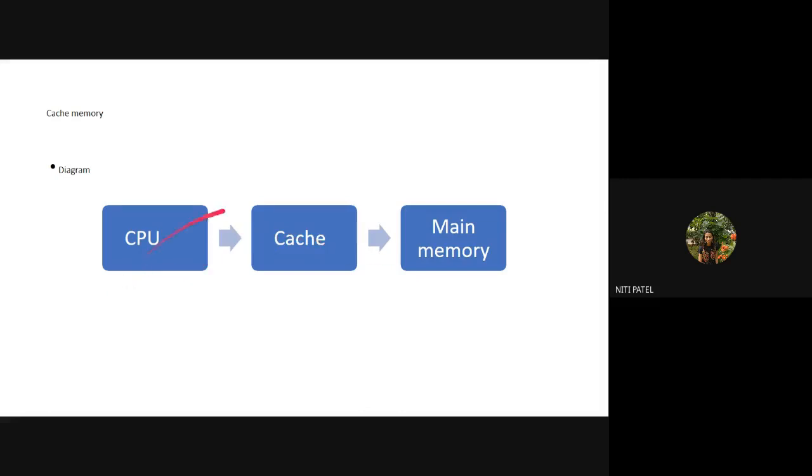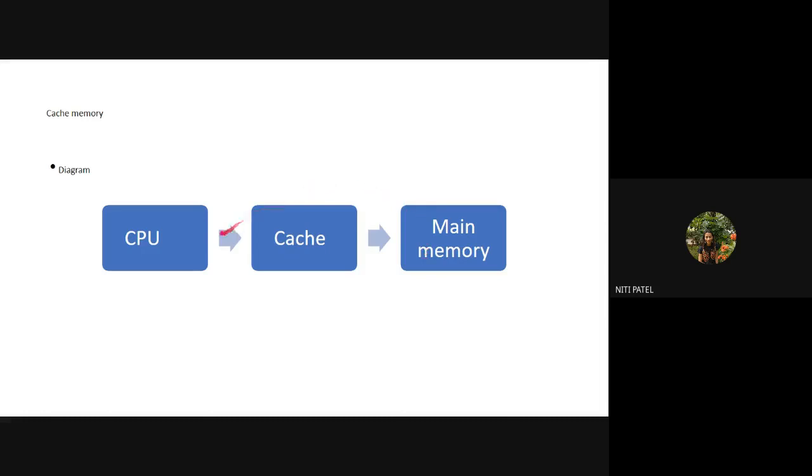Okay. Now, how does your cache memory work? We know that your cache memory is between the CPU and the main memory. So you have CPU, you have cache memory, you have main memory, and then you have secondary memory. If you remember one thing I had just told you, if a processor wants to execute anything, that thing has to be brought inside the main memory. If it is not there in the main memory, it will not execute. It will not go and search inside the secondary memory and execute from there. No, it has to be brought in the main memory. If it is there in the main memory, it will execute. If it is not in the main memory, it will never execute.